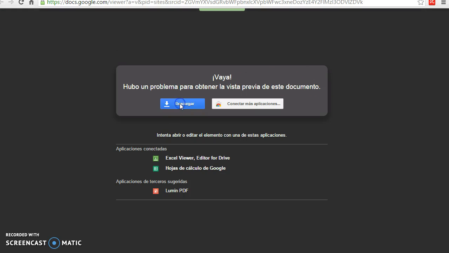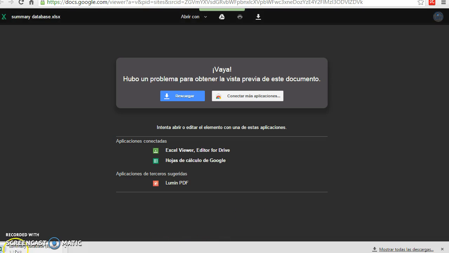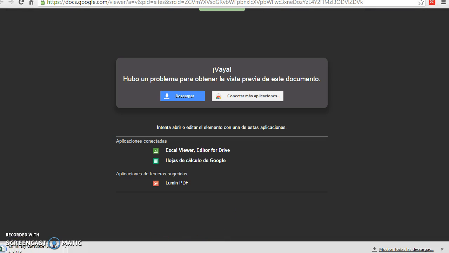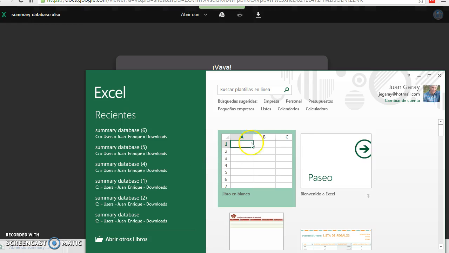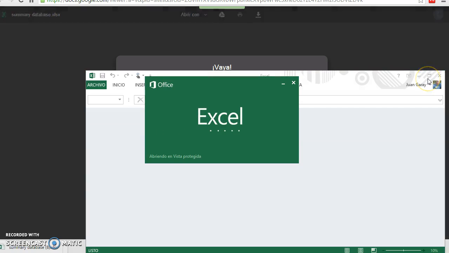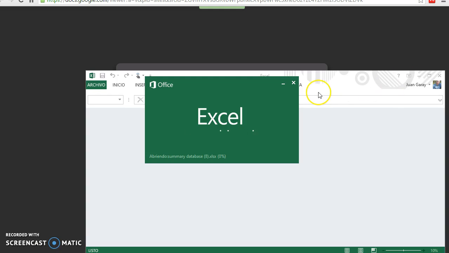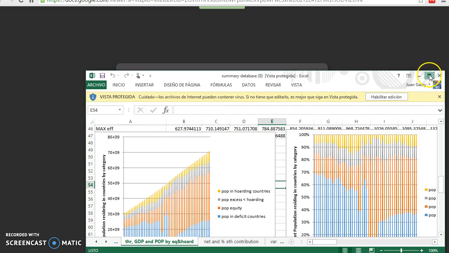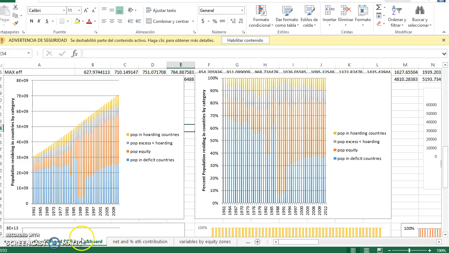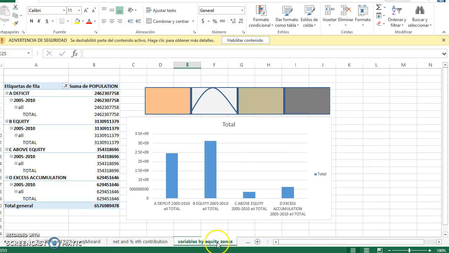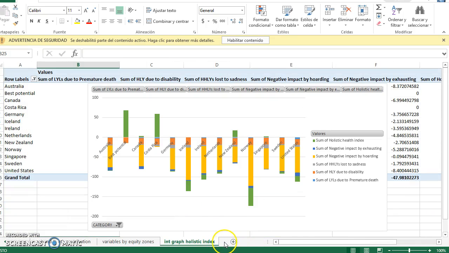option shows here. So you download to your computer the summary database of our analysis. When it reaches 7.1 megabytes, you open it, and while Excel opens, in this case it wasn't opened, you will see here the database. It's important before you work on it that you enable editing here, and in this case we will see the spreadsheet that talks about the interactive graph on